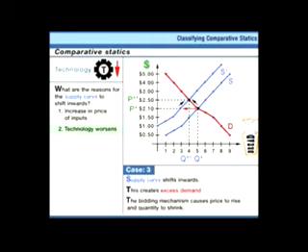Remember, this is the market supply curve, and the market supply curve is the sum of the supply curves of the individual sellers. If we have fewer sellers in the market, the curve will shift inwards because fewer curves are being added together. Any of these factors will lead to an inward shift in the supply curve, and with that inward shift comes a higher equilibrium price and a smaller quantity traded. That's case number 3. Let's go now to the final case, and that is an outward shift in the supply